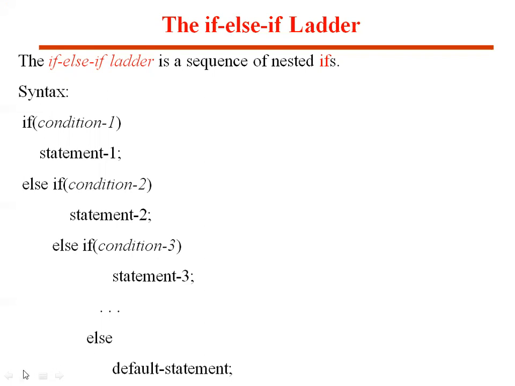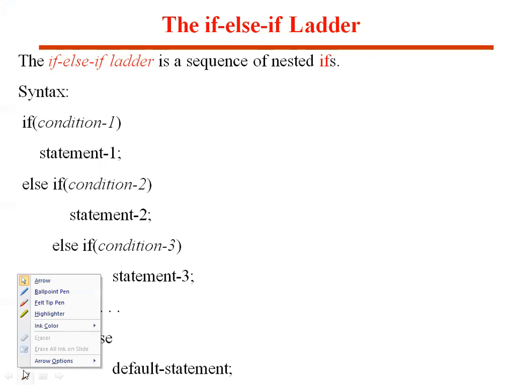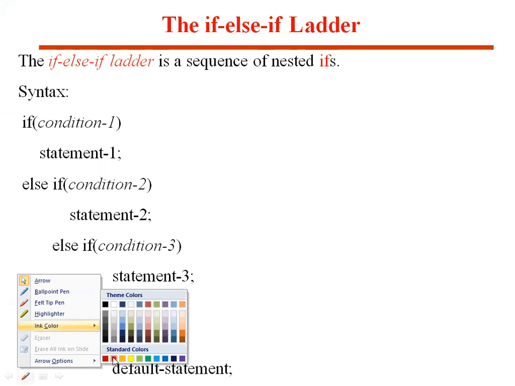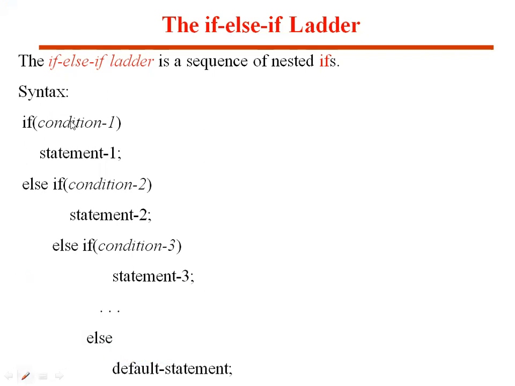Okay. Now, the flow of execution of this if else if ladder is very, very important. We need to understand here. Now, what happens? First, it checks condition 1 here. If the condition 1 is true, then statement 1 is executed. After executing, now see here, this entire thing comes under the else part here. So that means it won't go to this else. This entire thing is in the else only.